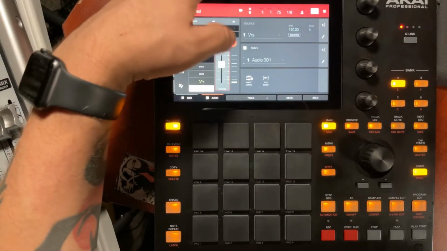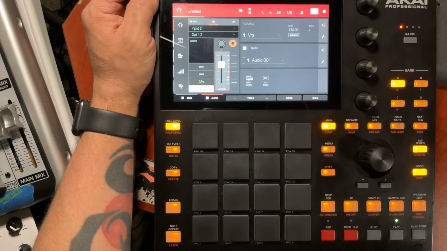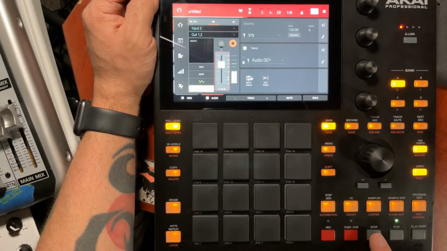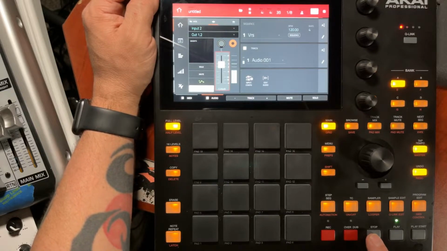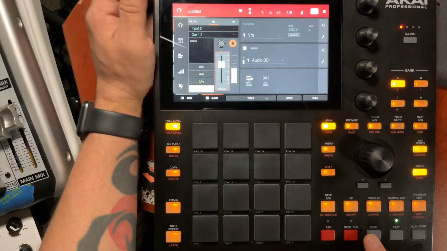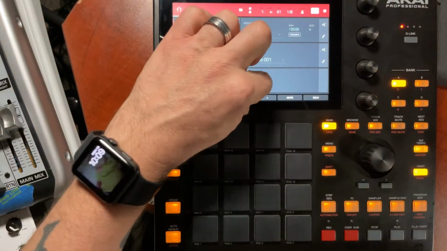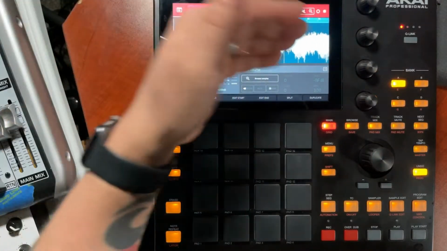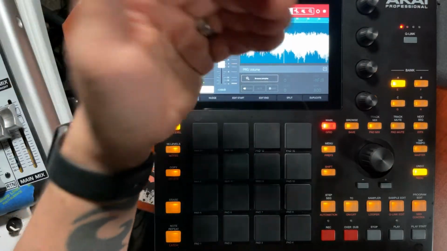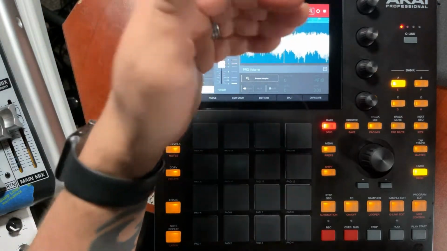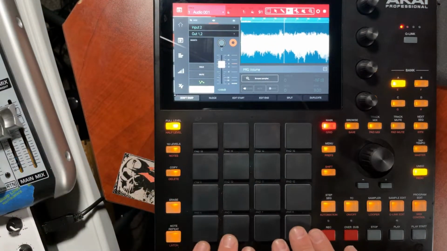There we go. You can use your volume here. Very, very simple. Come over here into your audio edit, and you can only imagine all the things that you can do. You can chop this up, turn it into samples, play it. You can explode it into